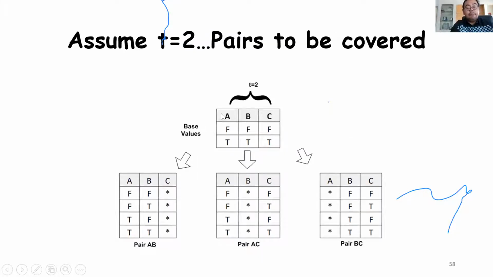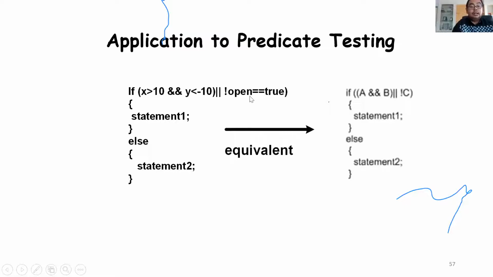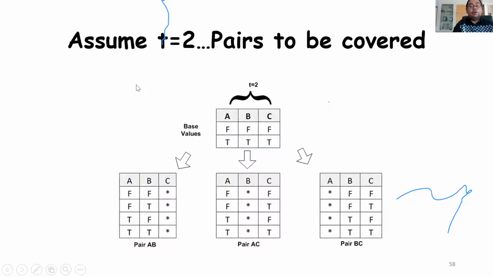If you look at this, you have in all 8 possible test cases if you want to test this sort of expression exhaustively. Okay, you have 8 possibilities if you want to test everything exhaustively. Now,